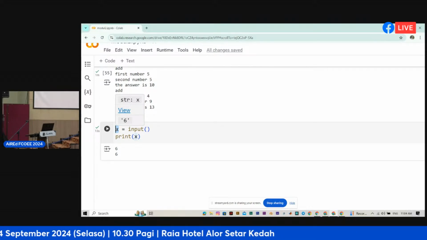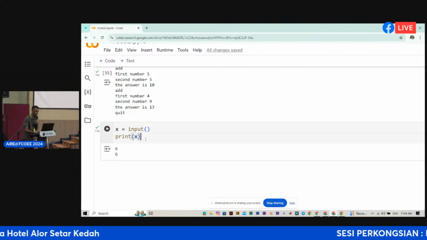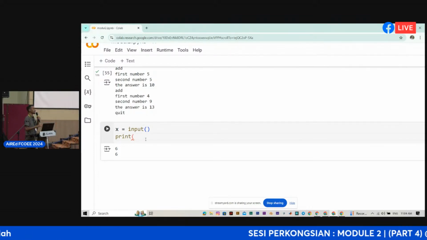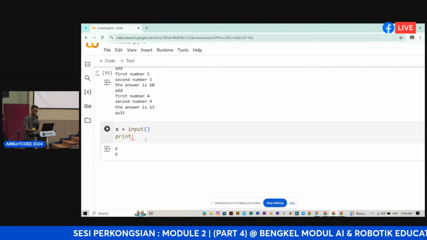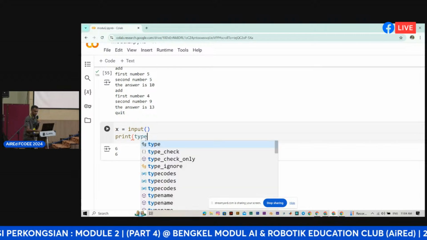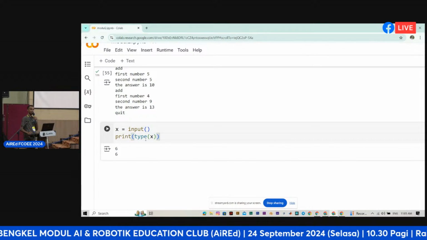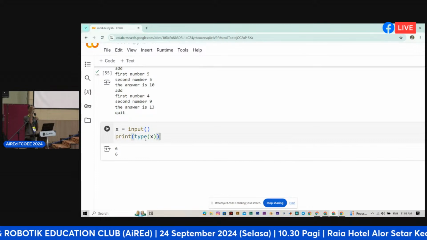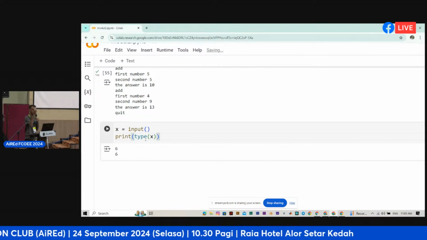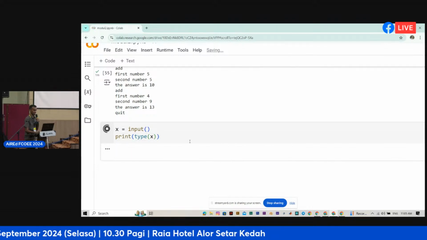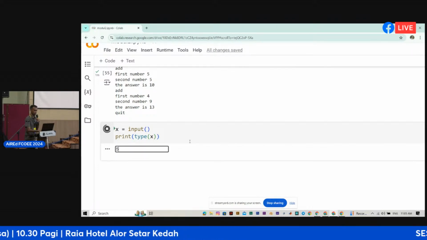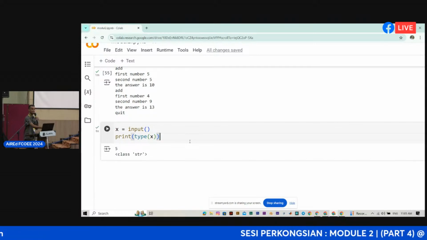So some say integer, some say string. Let's see what is inside. In Python there is a function called type, right? We can say print type X. What type is X? So we can say like this, X, and then let's say number 5, and then we enter, and then it says the class str,